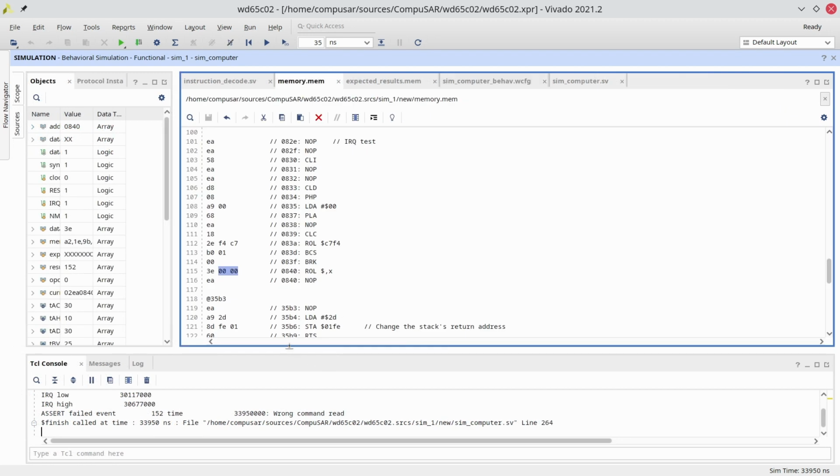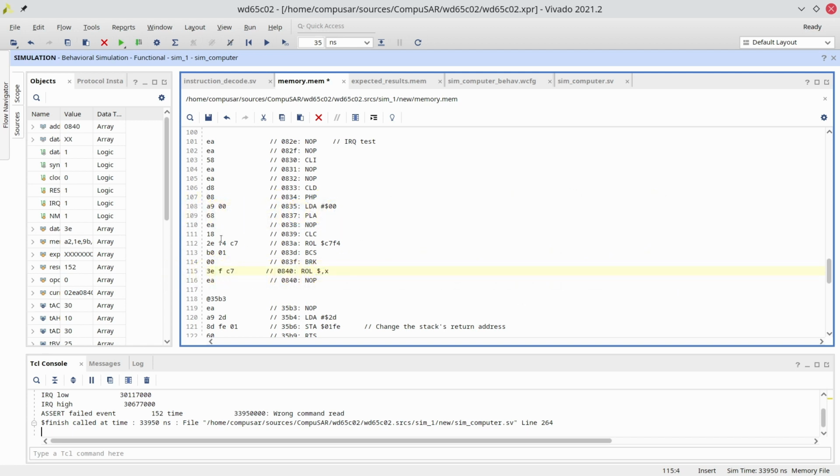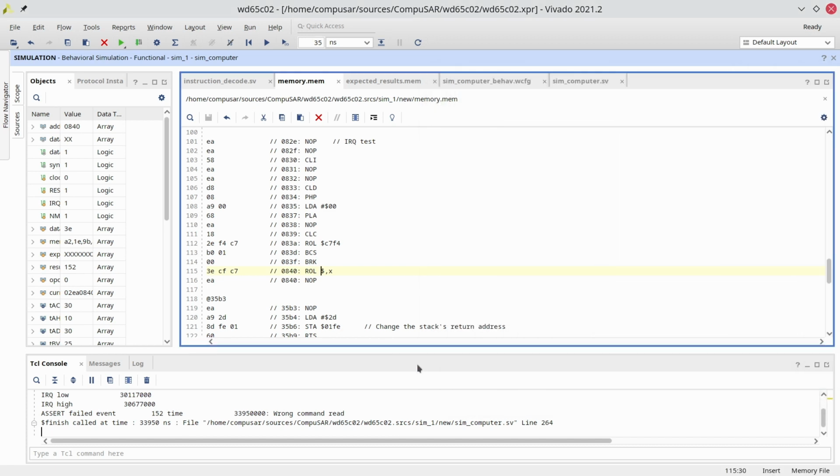Let's go back to the memory. So we want this value to be something plus 25 equals F4. So that's F, that's E, minus 2 is C. Let's see if I got it correctly. We want C7CF plus 25, C7F4. Yep. So that value is